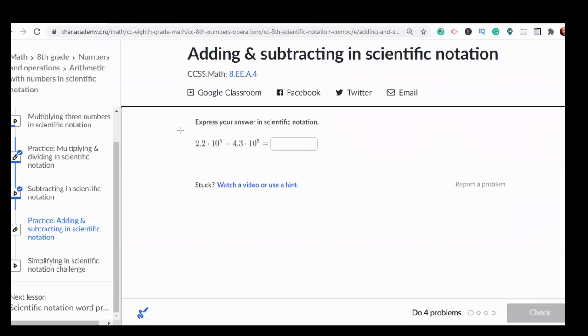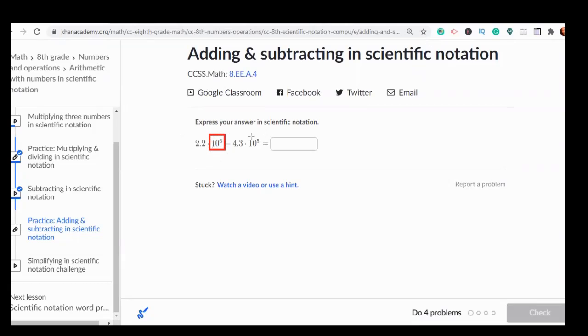So that's the first thing you want to do is check your powers and see what you have. So we have a 10 to the 6th and we have a 10 to the 5th. So clearly they are different. That's a problem. We need to make them be the same thing. So you have a choice here. You can either make the 6 become a 5 or the 5 become a 6, whatever you want to do. I'm going to go through the process to turn the 10 to the 5th power into a 10 to the 6th. So let me just focus on the 4.3